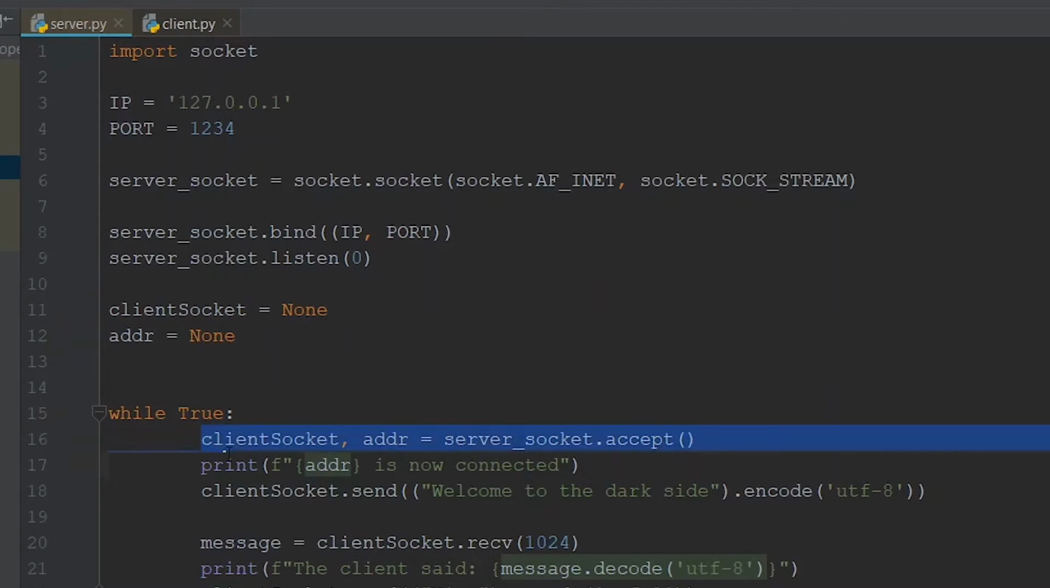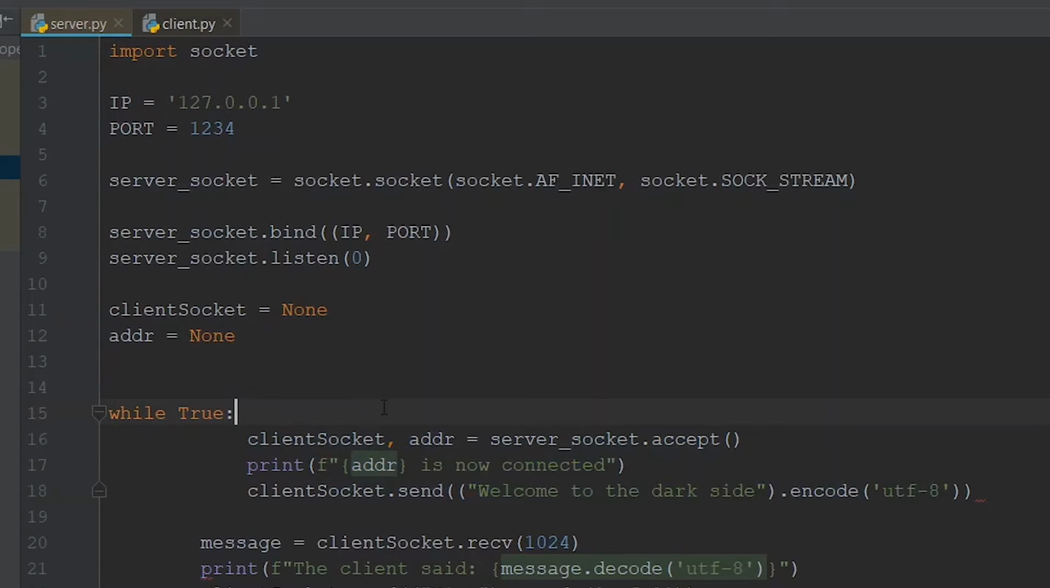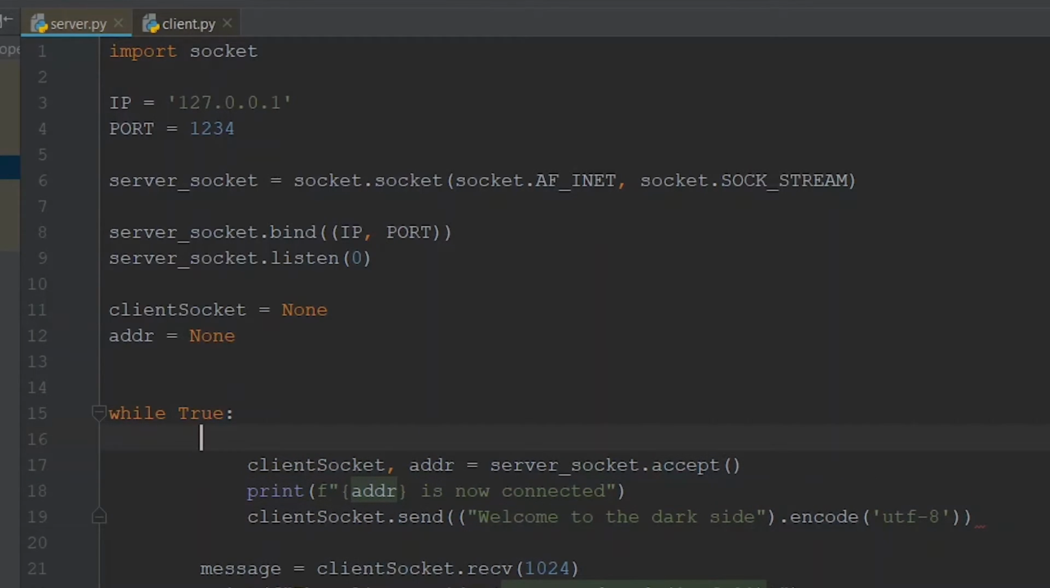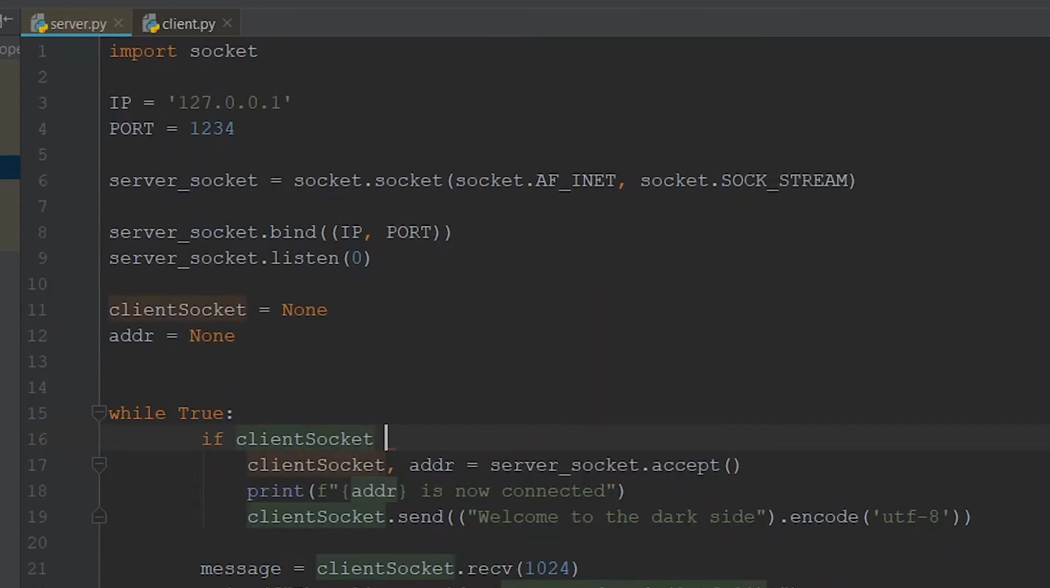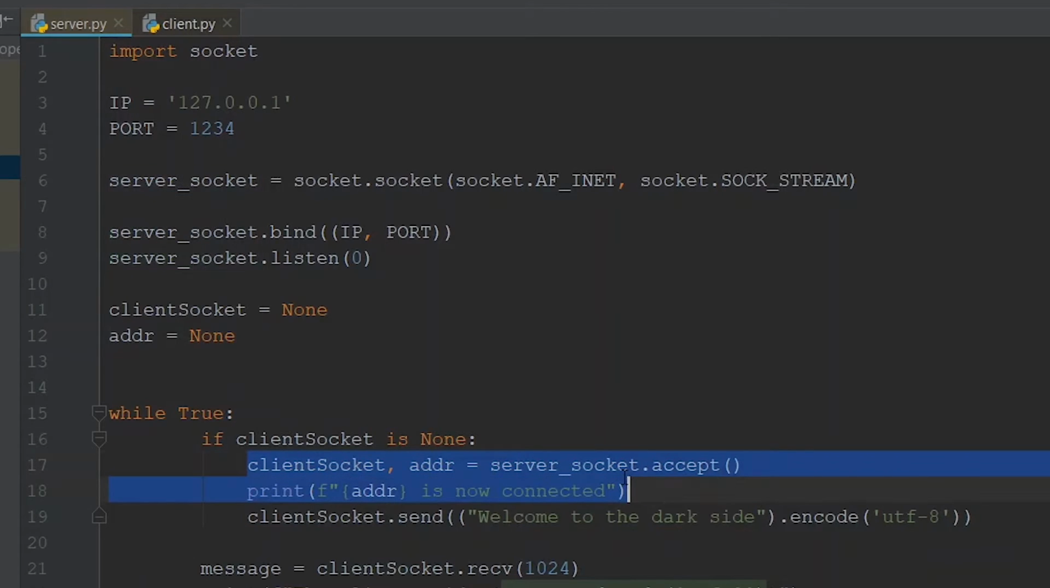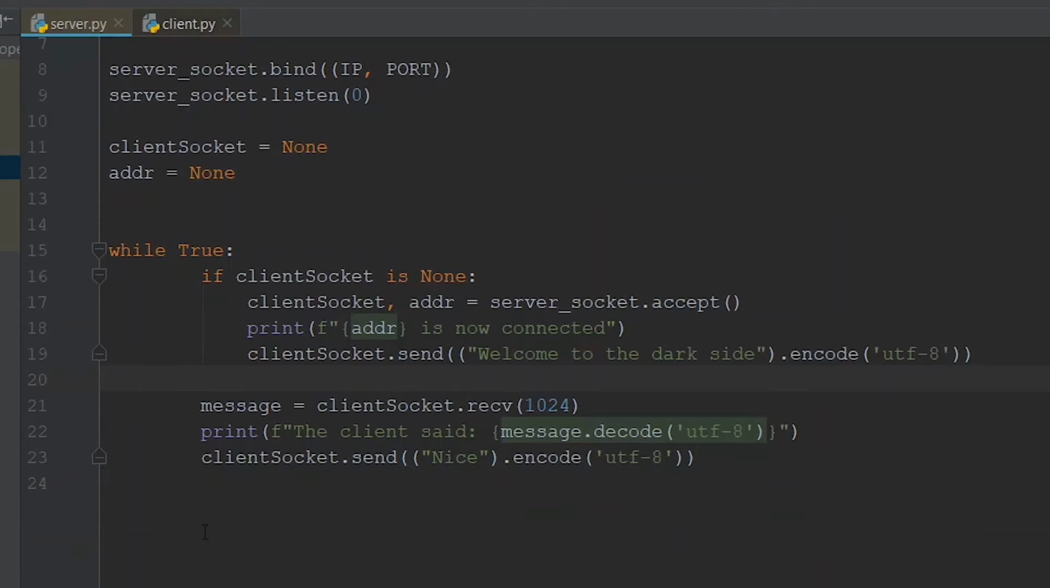And up here, what we're going to do is say if client socket is None, then do all this. So we only accept connections from a new client if there is nothing connected to the server. And